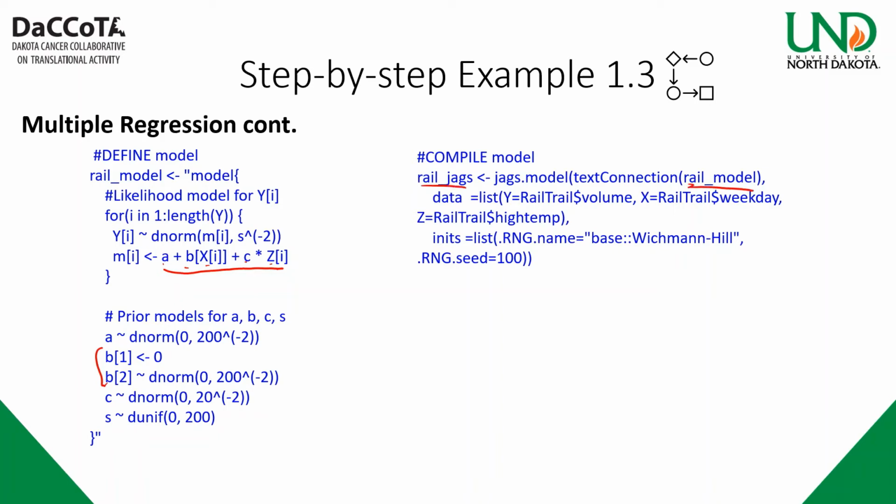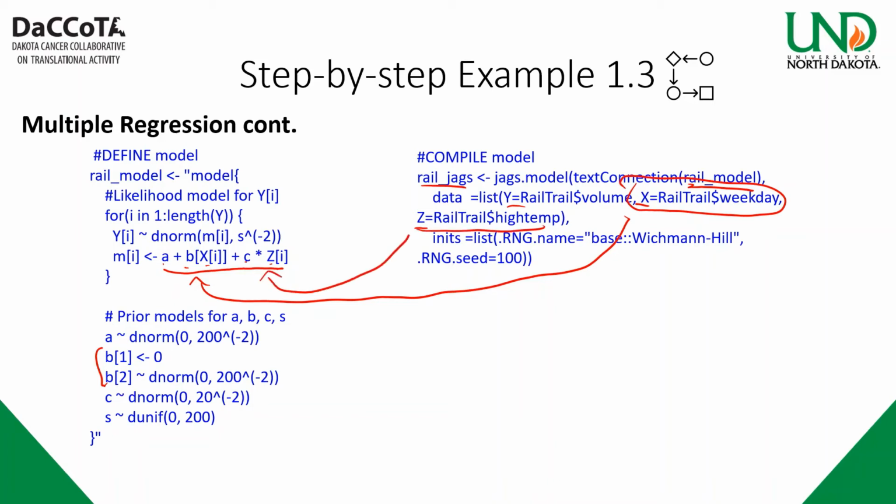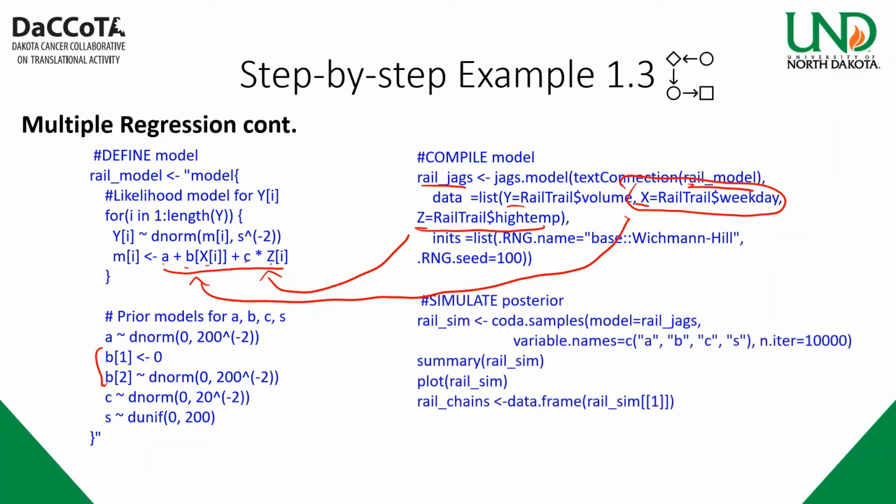And then here, our y and our x and our z are going to be our volume, weekday, and rail trail. We can see here that rail trail is our x, and that's a categorical. So in our model here, you can see b times x, and then z is our rail trail high temperature, so that's going to be over here. And then if we simulate posterior, again, the only change is sim and jags is going to be rail now. We'll make sure all our variable names are right, of course, summary plot,